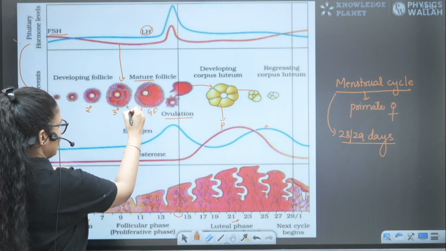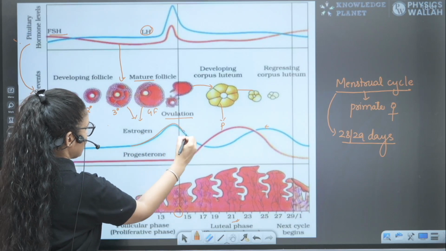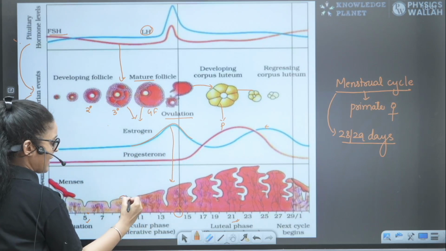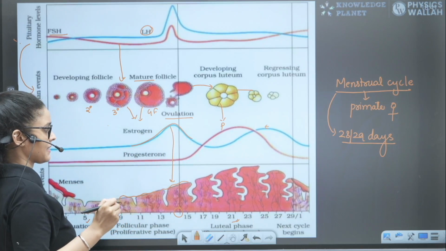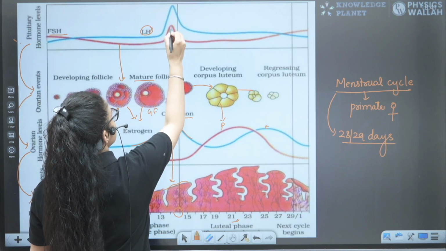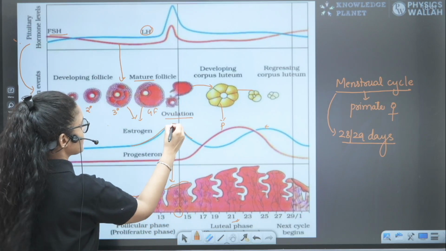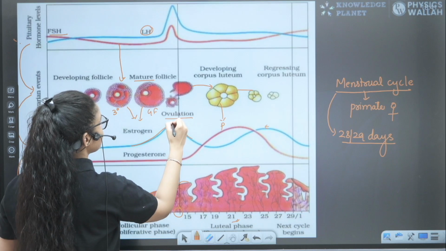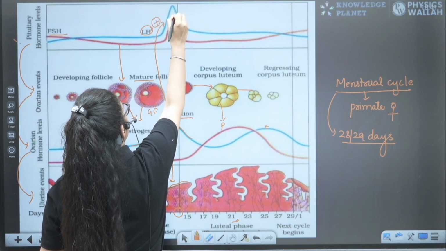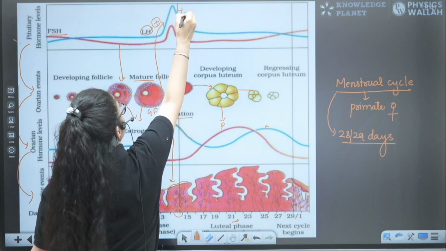So it will secrete estrogen. Estrogen is at peak, as you can see. And this estrogen is regenerating the broken wall, as you can see. Now it is regenerating itself, right? So ovulation now, because of LH surge. So estrogen is at peak. Only on the 13th day, it sent positive feedback for LH. And LH surge, FSH also goes up. But because of LH surge,